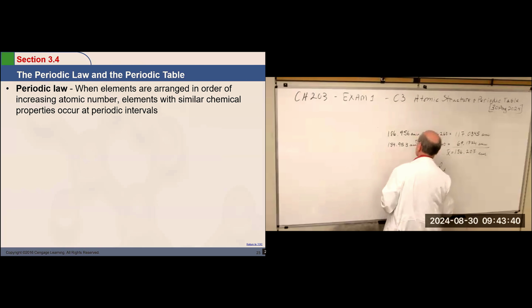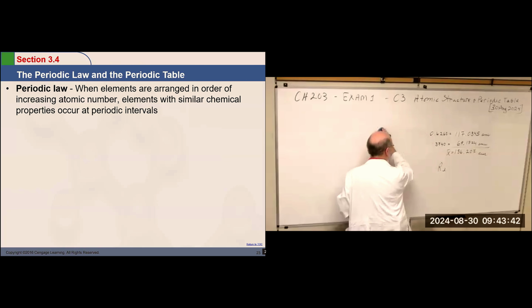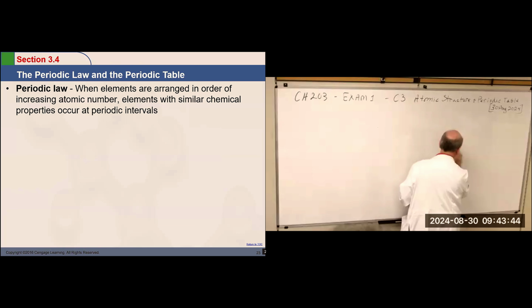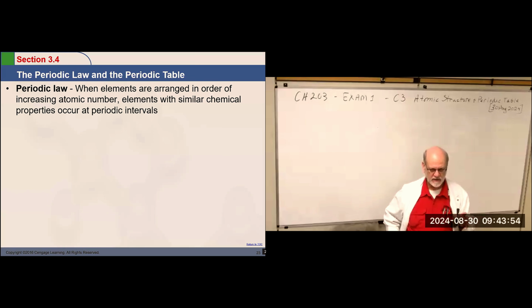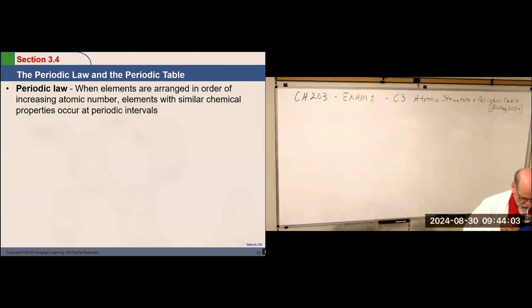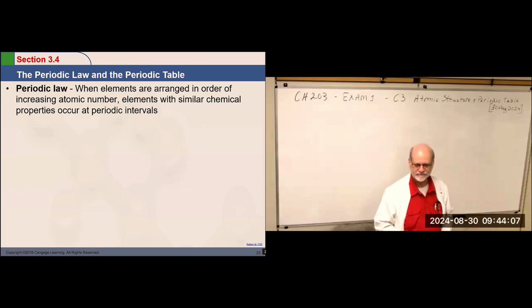All right, now we're going to look at the periodic table. Now that we know what the atom is composed of and its rough structure, we're going to get down into the weeds. And for that, the periodic table is very useful. Why do we call it the periodic table? Why not the element table?